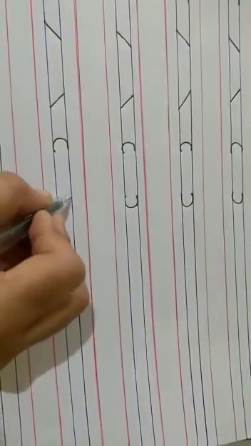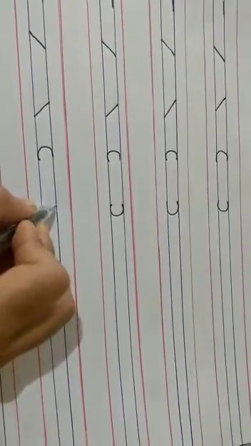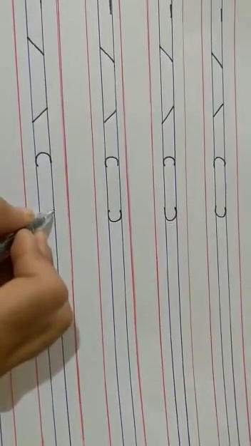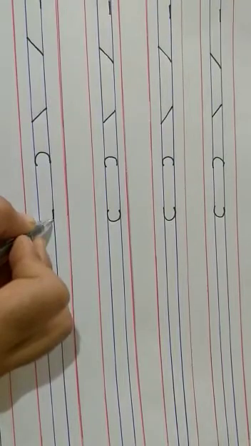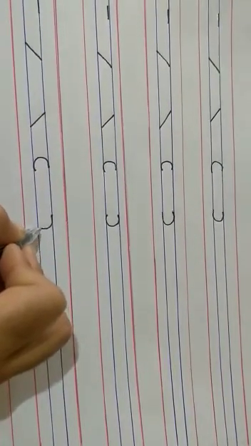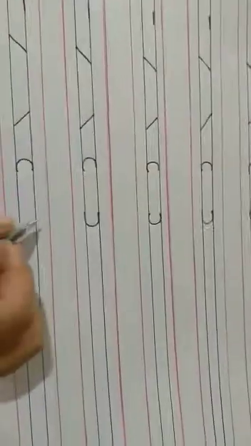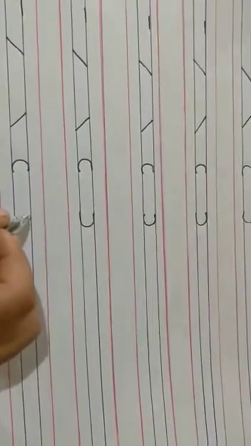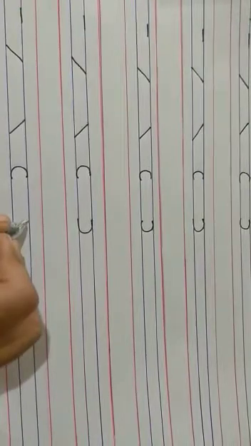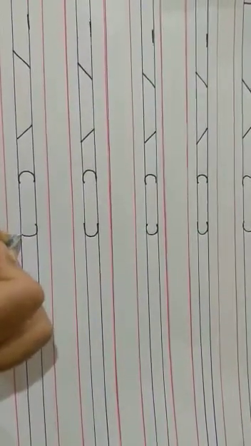You will start from the top blue line and then drag your line moving towards the right side, then again towards the left side. This is leftward curve line. See how I'm making? You have to make in this way. Okay,